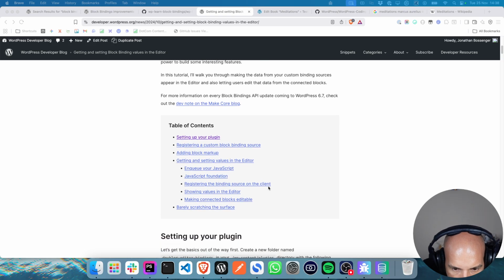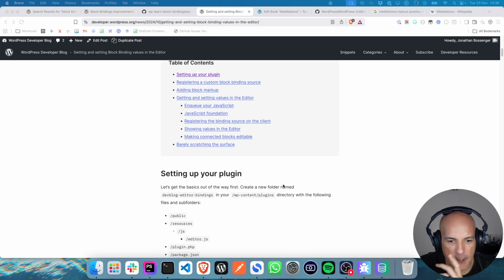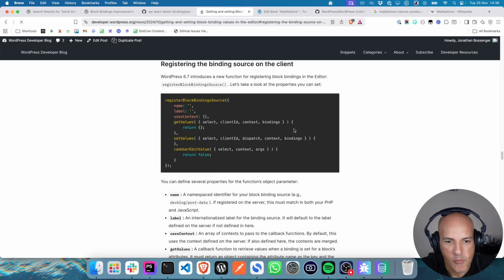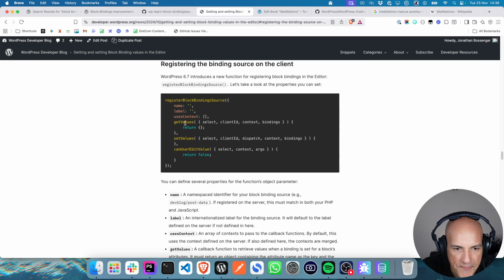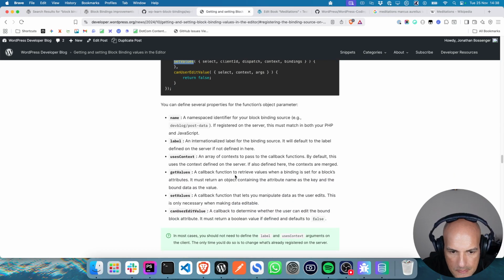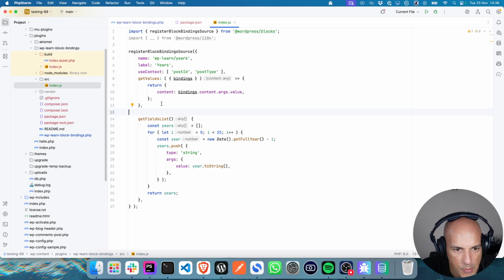So let's have a look here. There's your get values, and then you can also set values. Get values we just used there.